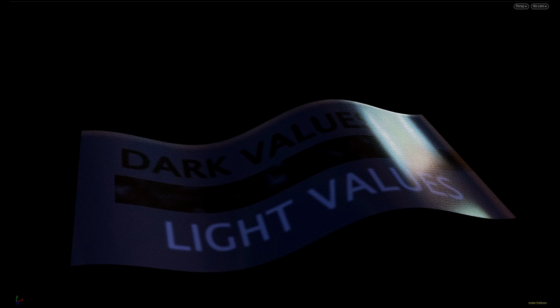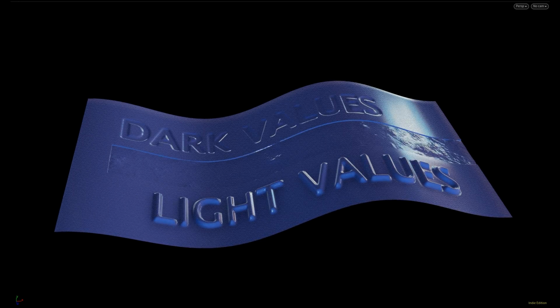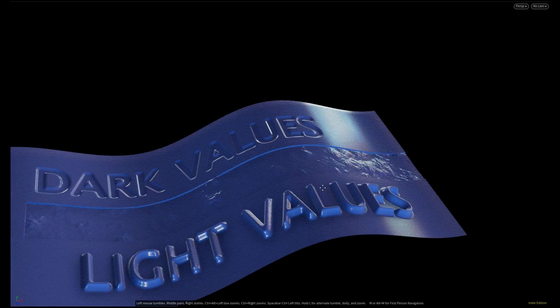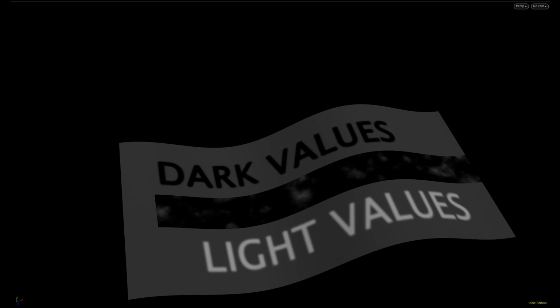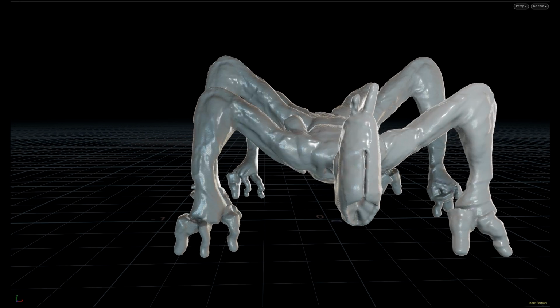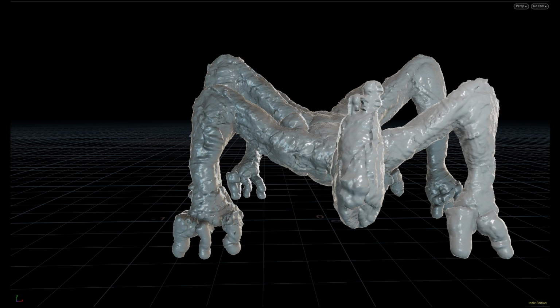To quickly add detail, I'll use a technique called displacement mapping. The concept is very simple. You map an image onto your model and the surface is then lowered or raised depending on where the image is light and where it is dark. To get organic results, I create 5 different versions of the displaced creature and mix them together using various blending operations. And this causes some areas of the big guy to be displaced in one style, other areas in another style.